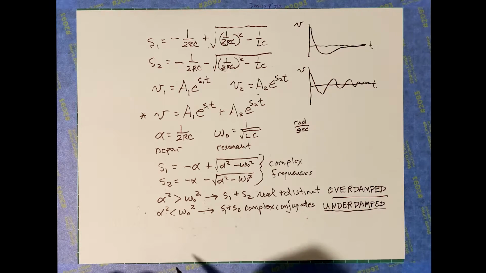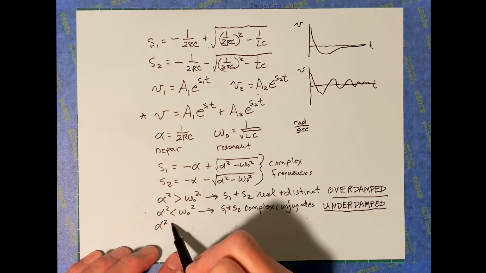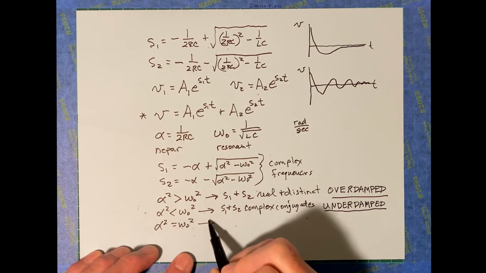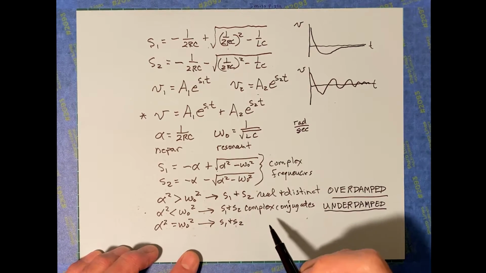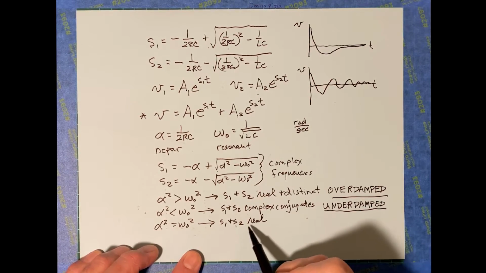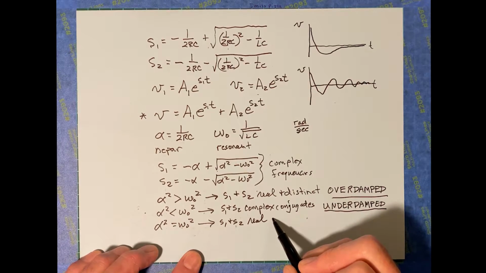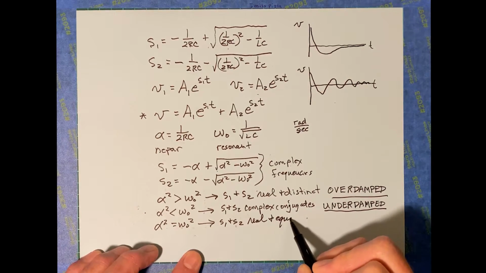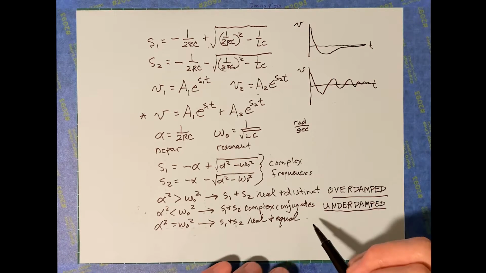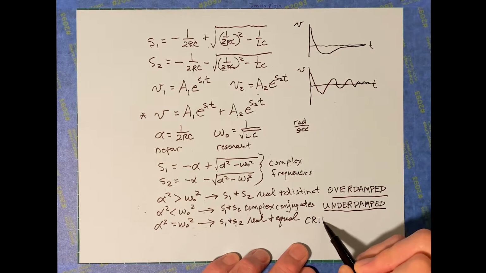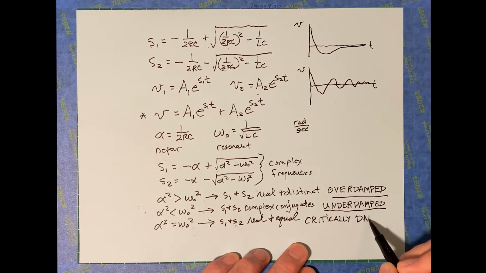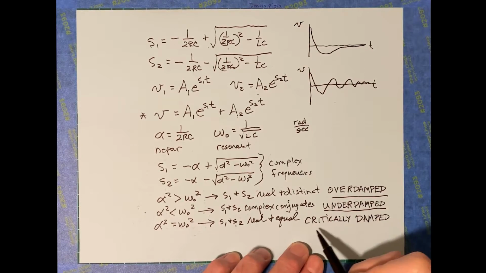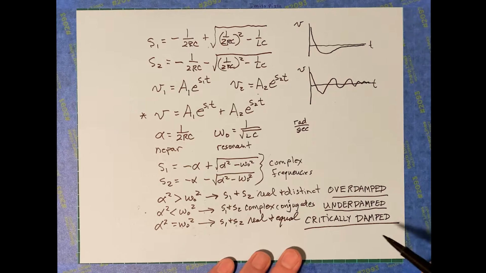Okay, we've got one more case here, and that is the special case where alpha squared is equal to omega naught squared. In that case, S1 and S2 are going to be real values, but they're going to be equal to each other. And this is called the critically damped solution. Now, this overdamped, underdamped, critically damped,